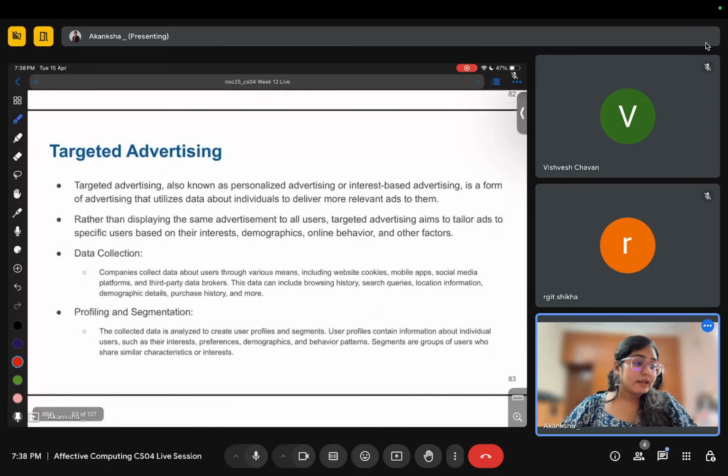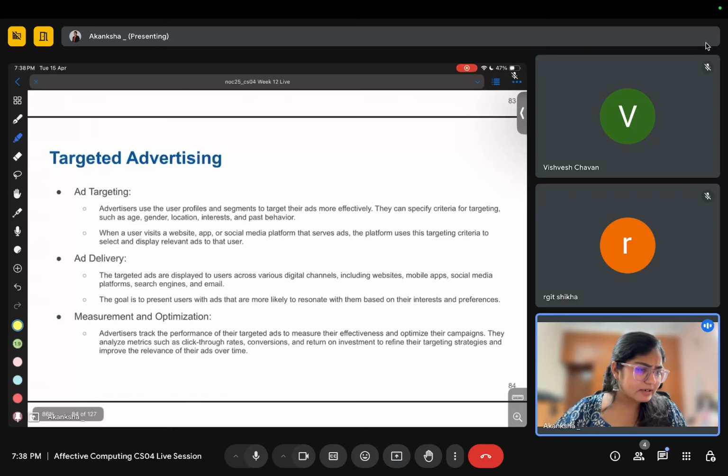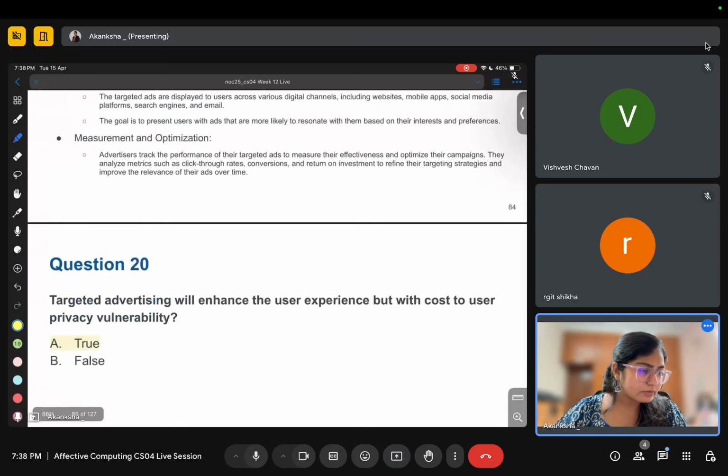Rather than displaying the same advertisement to all the users, targeted advertising aims to tailor ads to specific users based on their interest, demographics, online behavior, and so on. Okay, this is just ad delivery, ad targeting, and so on.